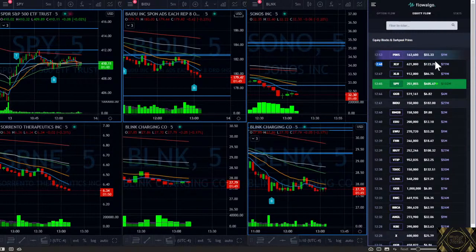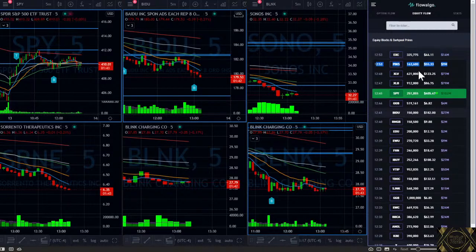So if we look at equity flow at 12:48 p.m., there was one that just came in, 9 million on SPY. So this is shares. It doesn't reveal the buyer's intention, so you don't know if it's buying or selling. But we can most likely assume, especially at this level here,